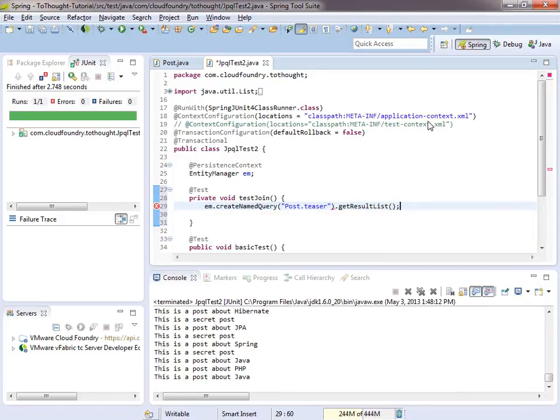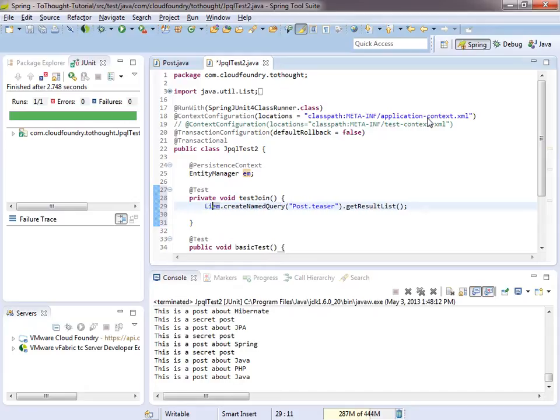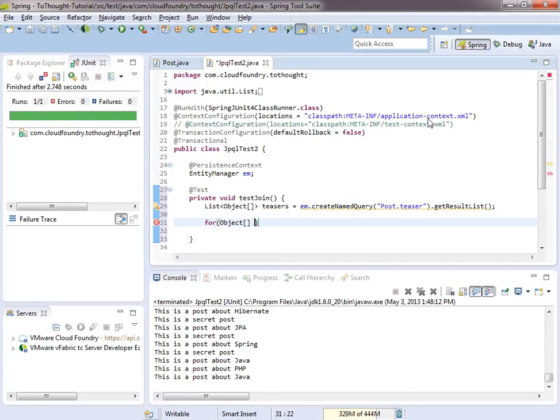Now, you'll notice in our query that we're returning 3 fields, a title, an author, and then the body from a post part. We don't exactly have an entity defined to handle that. In situations like this, the query will return a list of object arrays. Now, that's not optimal, but we can iterate through that list